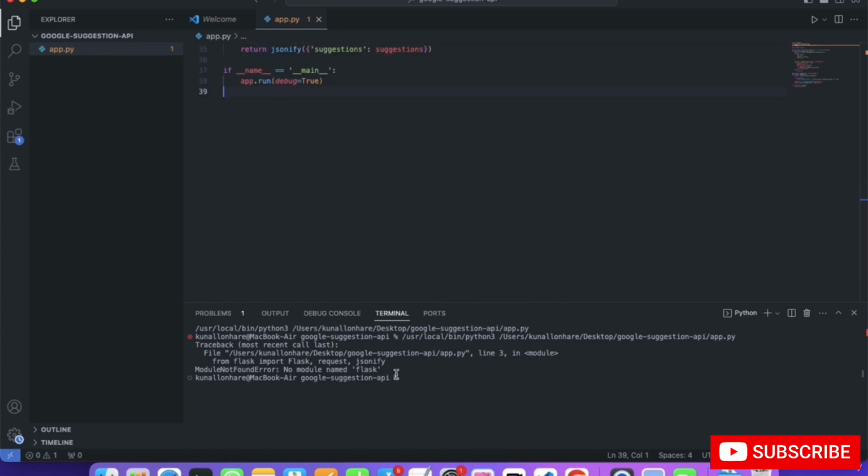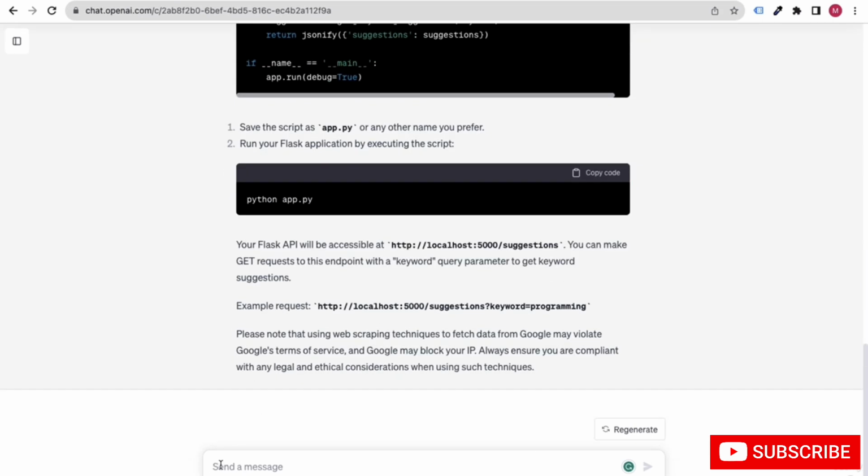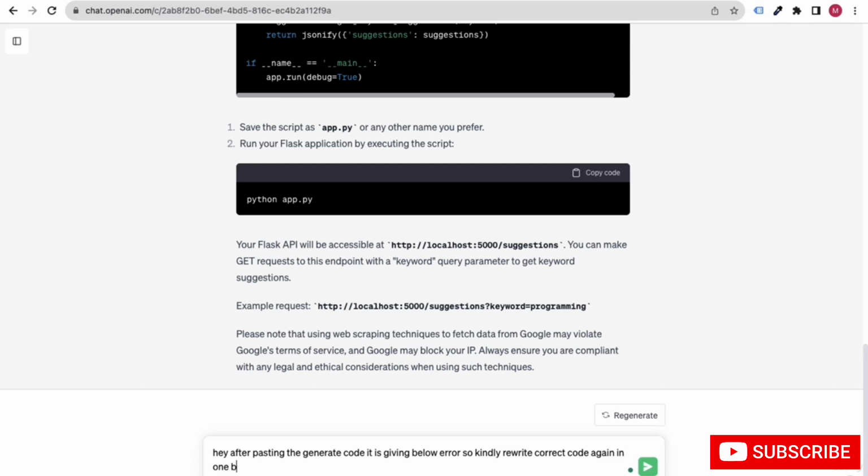Yes, if it shows this type of error, my friends, what you can do is copy this, right click and copy it. Then go to ChatGPT and say, hey, after pasting the generated code, it is giving the below error, so kindly rewrite the correct code again in one box only, like that.